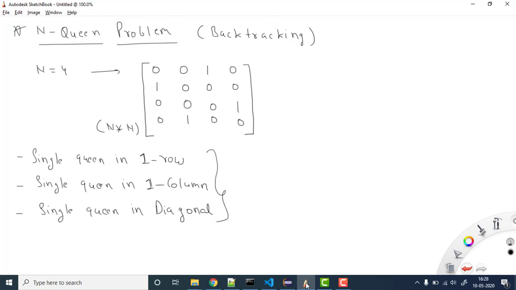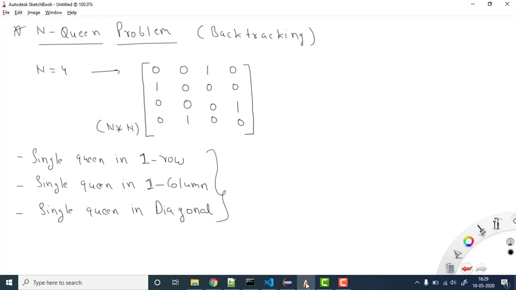In our backtracking series, the first video that we solved was the rat maze problem. There we checked how we can implement backtracking. Backtracking simply means that if you are not finding the solution in one path, then backtrack and check the other path. And if there is no solution in the other path also, then check the third path, whatever you have available. So that is all about backtracking.